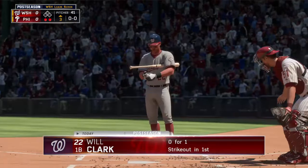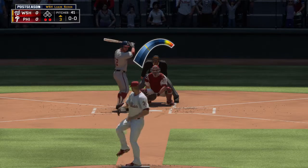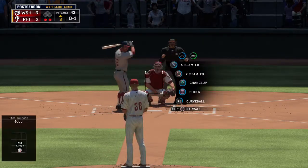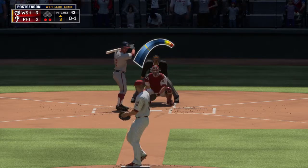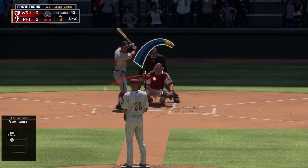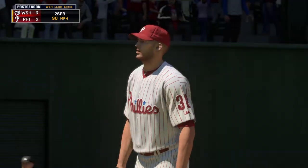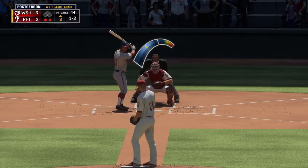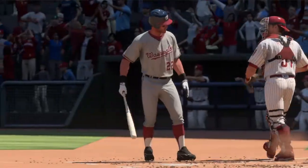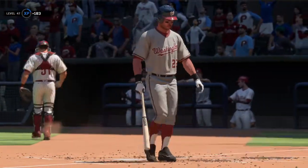The first baseman, number 22. Will Clark in now. He went down looking at his first trip to the plate. Took a little off, and it's in for a called strike 1. That's on the inside corner to put him behind here, 0-2. And you kind of get the sense that he's not really messing around out there too much. There hasn't been a whole lot of setting guys up here in this inning. Threw it right past him, a swing and a miss at the gas, and that ends the inning. 3 up, 3 down for